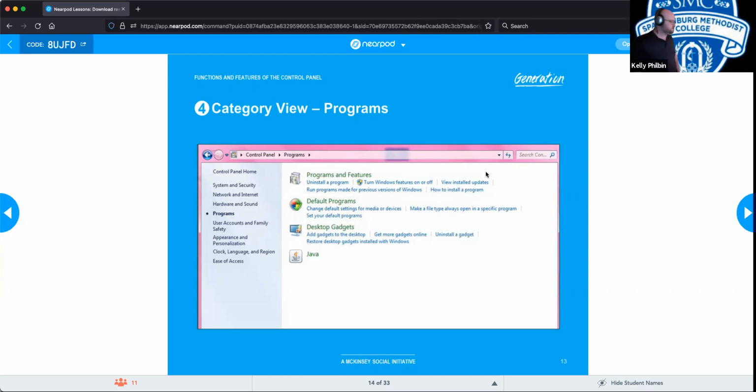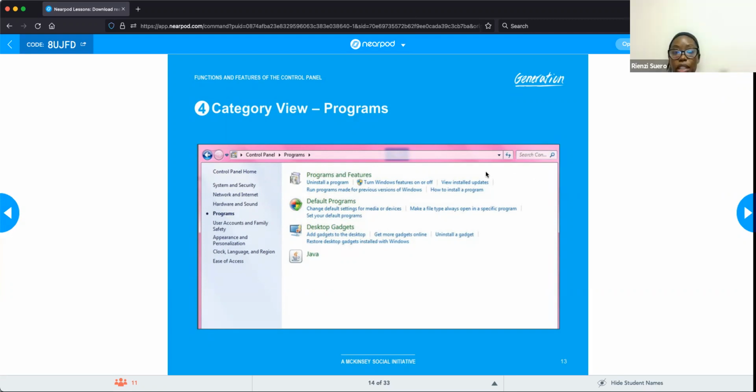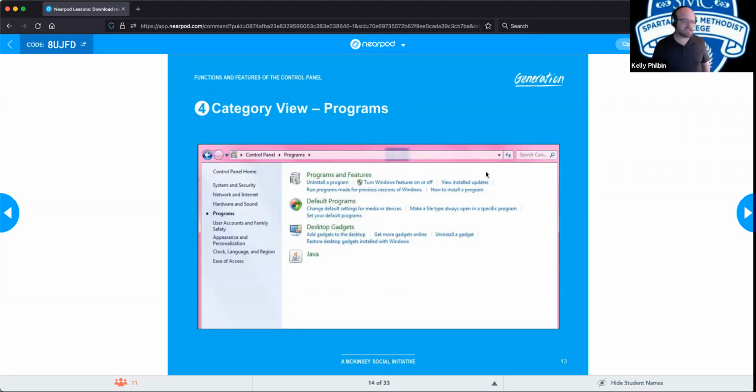Yes, Rienzi. So autorun is a feature that lets you install whatever you want on the system. Well, autorun is kind of like if I put a CD in my CD-ROM, it automatically starts playing that CD. It says, hey, I know this is music, and it goes ahead and starts playing it. Or, hey, I know this is a movie, and it starts playing it for you. It's an ease-of-use thing for people at home, but it is a major security risk for computers